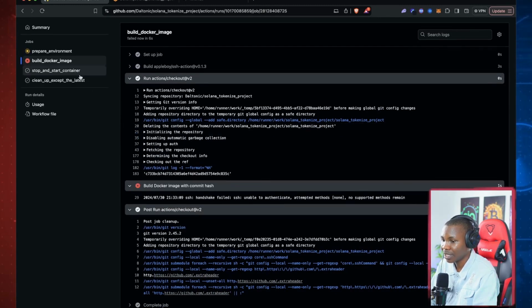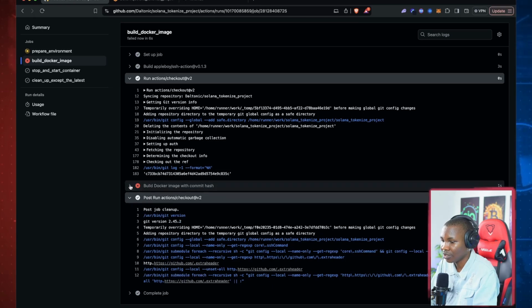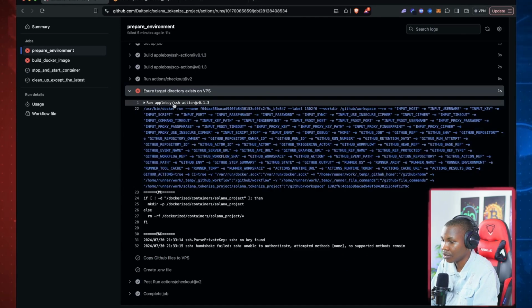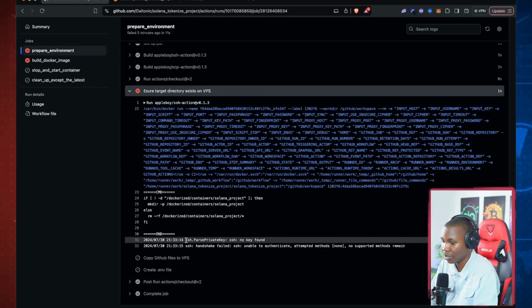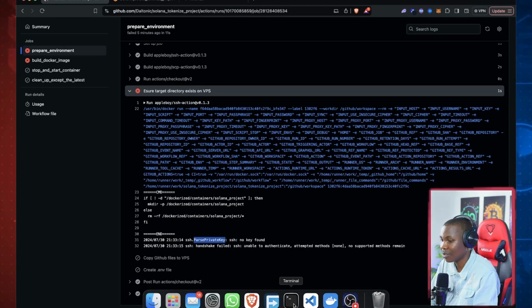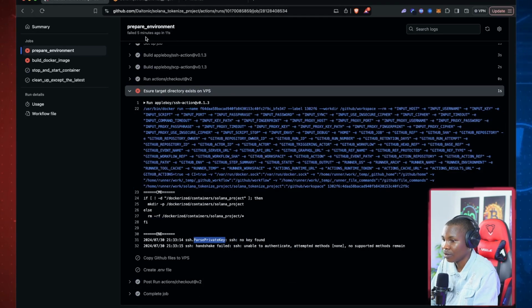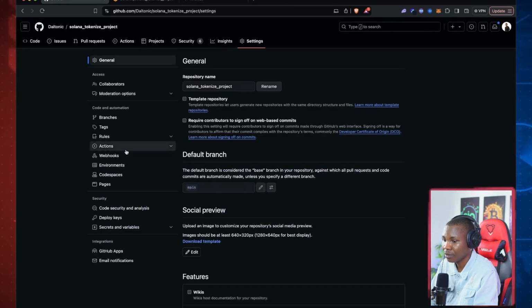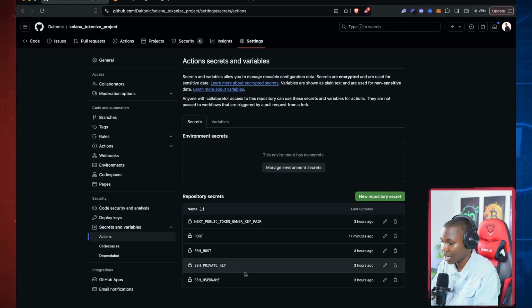So it failed at this build Docker image with hash. I'm thinking that why this is happening is because our SSH key is wrong. There's something about this SSH key. You can see that this private key is wrong, and I think I've made a mistake on my own end. I had thought about this as a different thing altogether. Let's come back to these settings here, and this secret key, this action, precisely this private key,